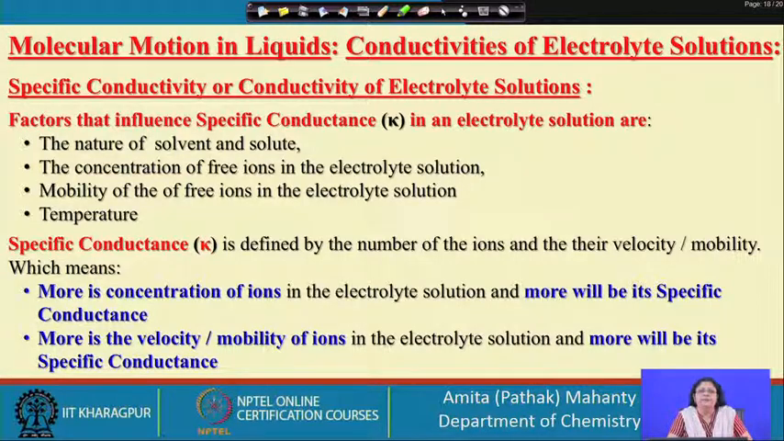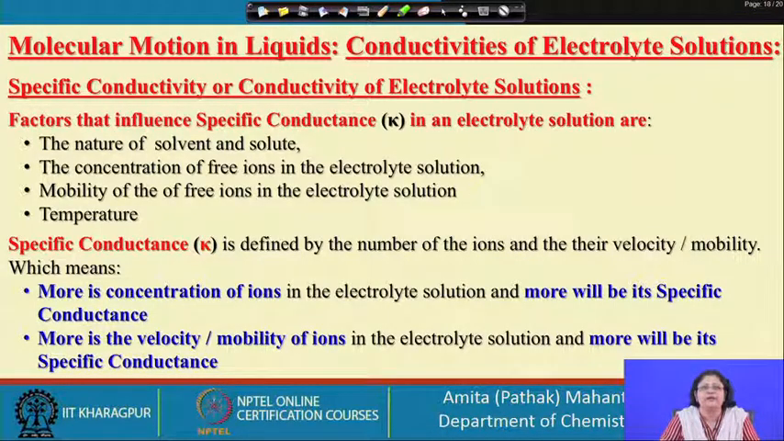So, before we go into the discussions of today's lecture, we will revisit a few things which we had talked about. I am emphasizing that we are not going to talk about any other forms of conductivity other than specific conductance or specific conductivity and molar conductivity. So, in the last class we had talked about what are the factors which affect the specific conductivity of a